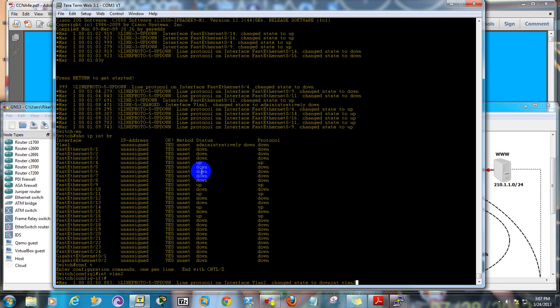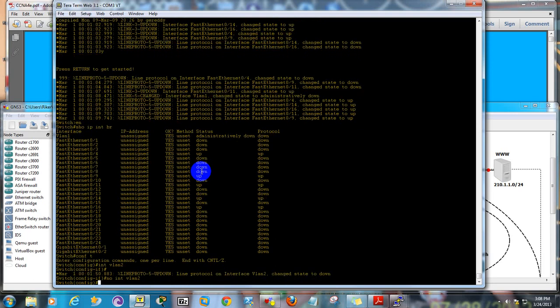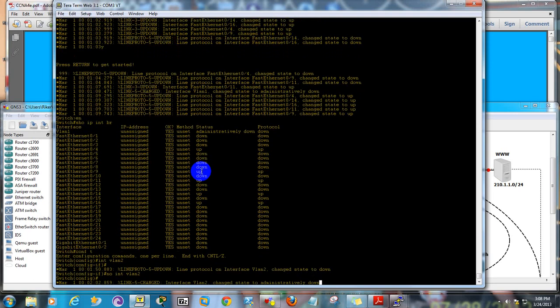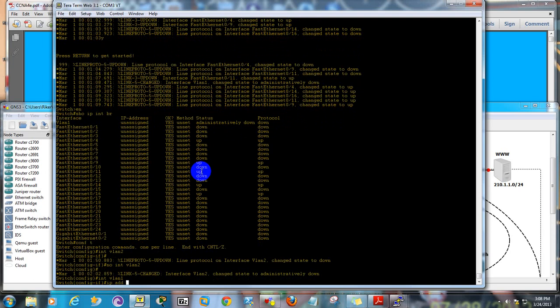Click up, because it'll actually... I want to click no, but it'll kill that one. And I don't want to interface VLAN, so now it's administratively down. So I want interface VLAN 1. Type in IP address is